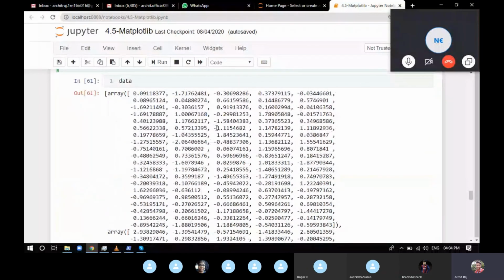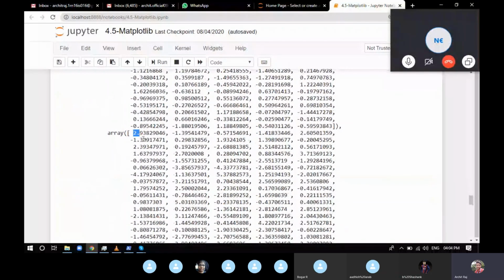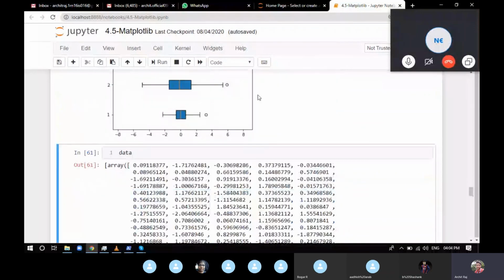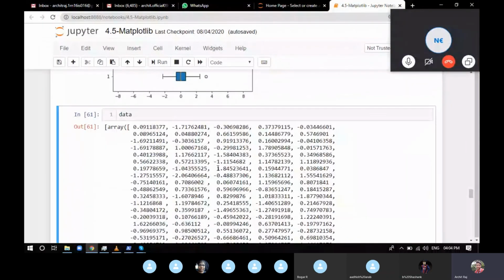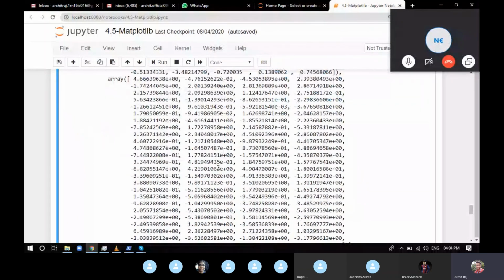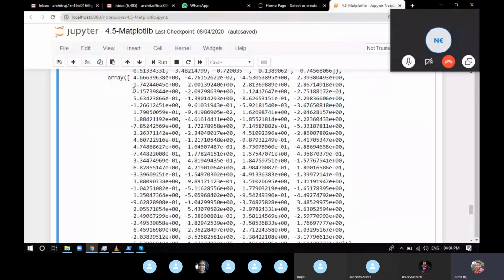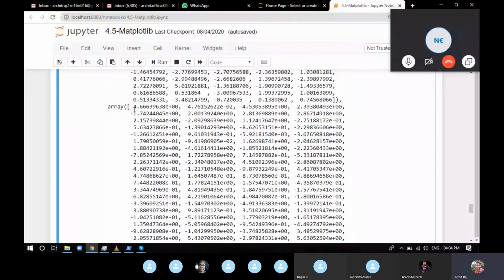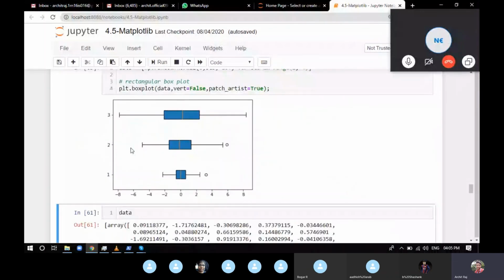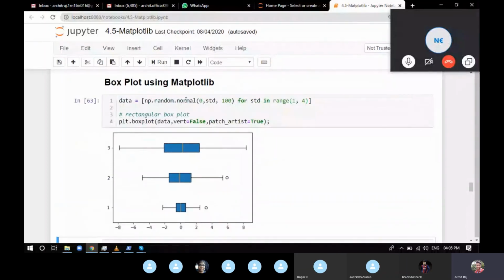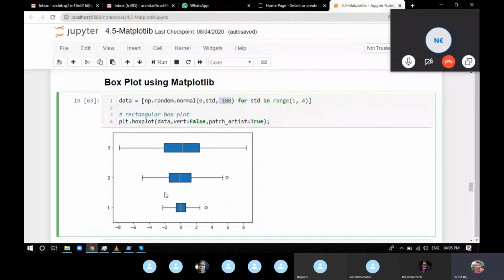The third output will be 0 to 3, and so on. So we got data which has 3 different arrays of 3 different ranges. For the first, it's 0 to 1, second 0 to 2, third 0 to 3. All the arrays have 100 numbers. So for each array, we got 3 different box plots. So this is how this for loop works.